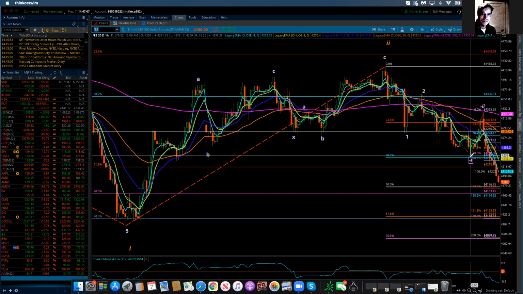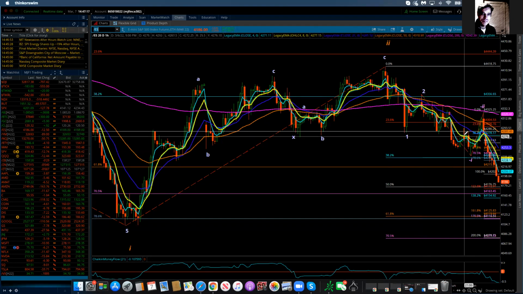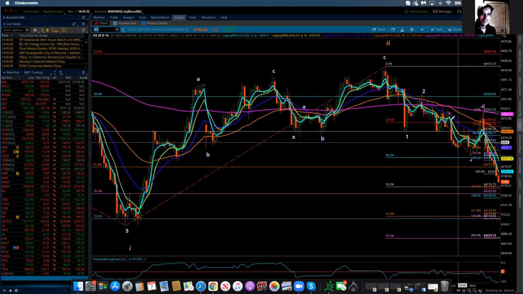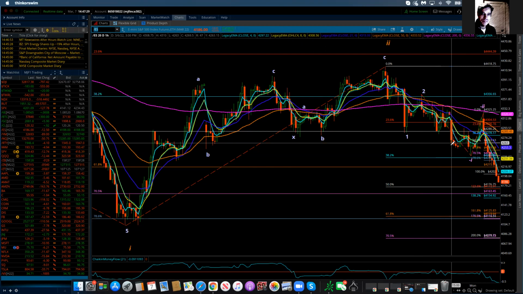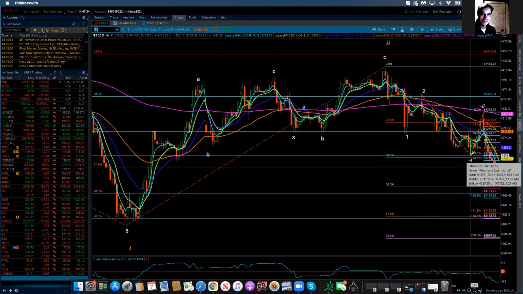So we need to form 5 waves of sub-minute degree to complete the minute third wave. So here we have minute 1. But basically, let me just start again by where we left off last night during Globex. The Globex opening was a gap lower. And then the market continued to move lower as the evening progressed. In fact, when the European markets opened, it had reached its Globex low, and that was at 42.38, and then